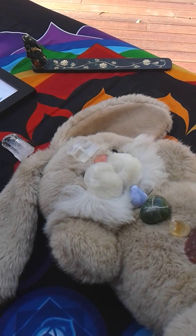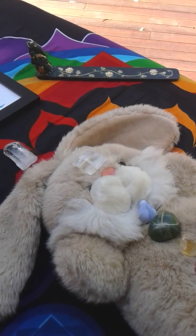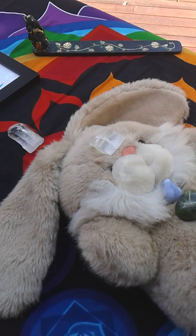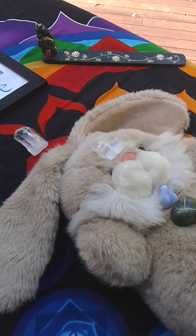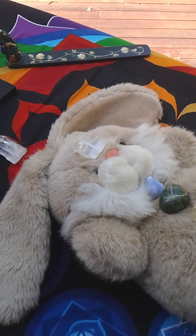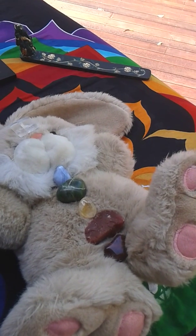I have a really good friend who has agreed to help me do my first official crystal healing back in the United States, and since I'm here in Australia, Ross is helping me out. This particular crystal healing is serving a multitude of purposes. It's helping me, of course, with my crystal healing course, but it's also helping my really good friend who found